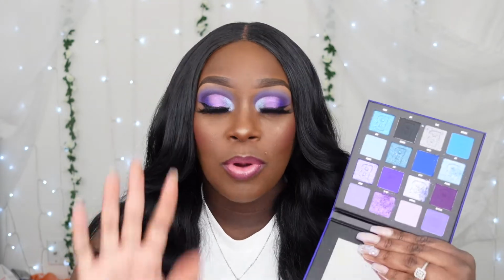But anywho, like I was saying, I already knew this was going to be an amazing palette because Beauty Bay comes in and slays for the quality of eyeshadows. I want to say I have 5 of their palettes so far, so I'm definitely becoming more of a fan of Beauty Bay. And like I said, the quality is just amazing. There's no excuses why you don't have a Beauty Bay palette. I hope these are not limited edition, because if they are, definitely go get your hands on it. And if it isn't, still go get your hands on this, because this is a really beautiful purple and